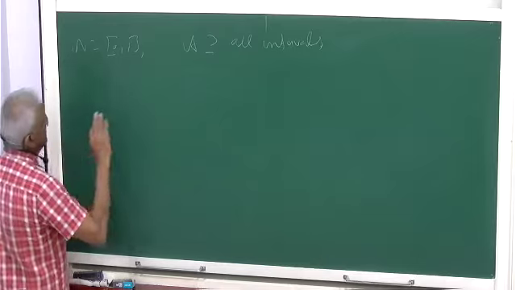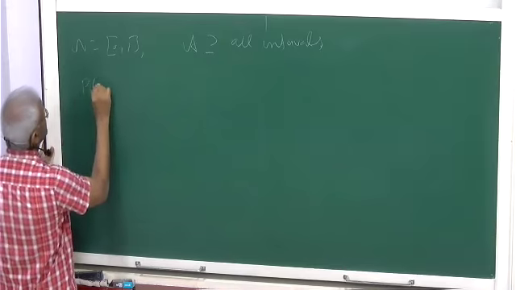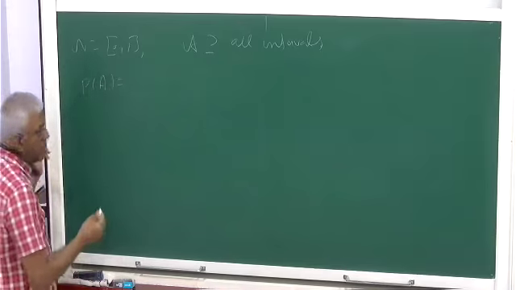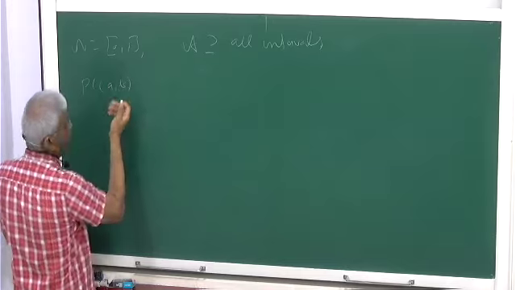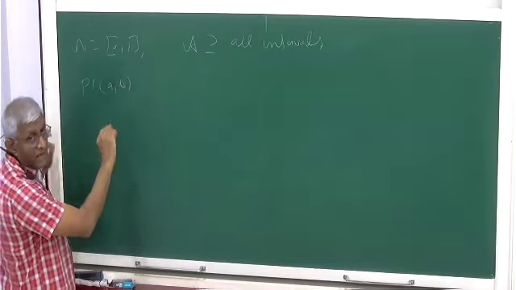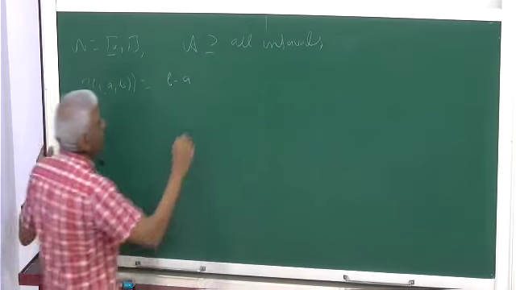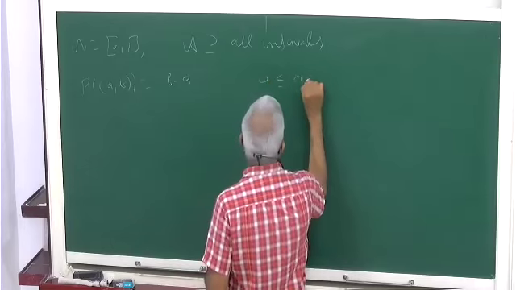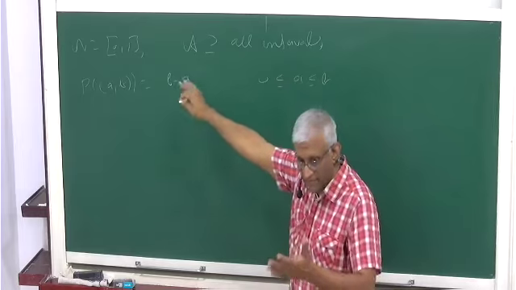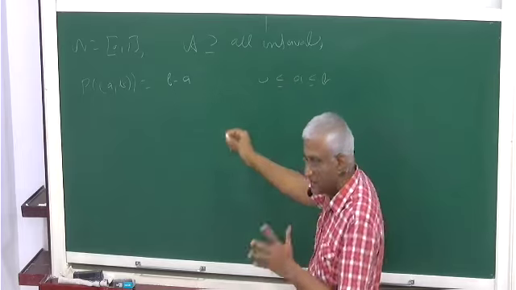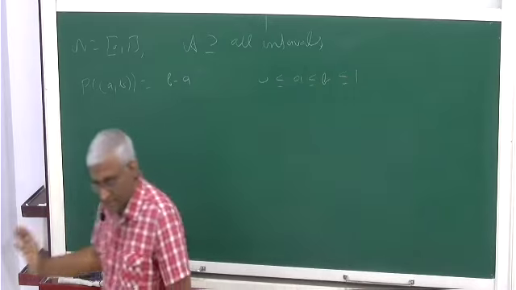Then we want to define P on the interval, or any set where this makes sense. You can define P of any A, meaning intervals, P of any interval [a, b]. It can be closed, half closed, half open, it doesn't matter. It is just b minus a, where 0 is less than or equal to a, less than or equal to b. If a equals b, it will be an empty set, or if closed, a singleton. A singleton will have probability 0, and the whole interval 1. This is just the length of the interval.